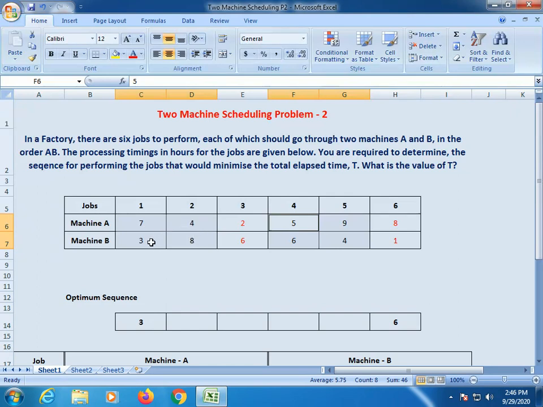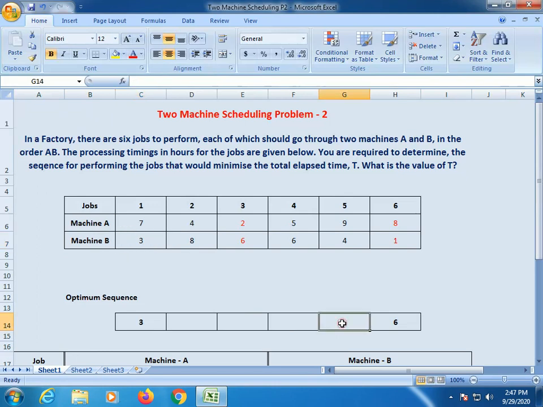Here we have to take 3 because it is the shortest processing time, right? Is it relating to which machine and which job? So that we have to think. Very simple, it is relating to machine B and it is relating to job 1. Then what we have to do? We have to place the job on the machine B side. Machine B side in the sense we have to place the job from right to left, because this processing time is relating to machine B.